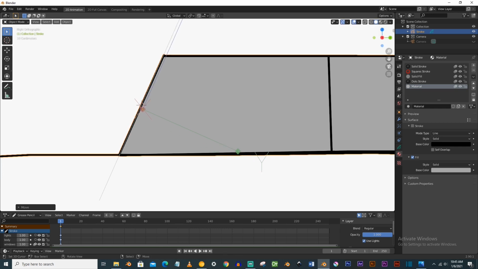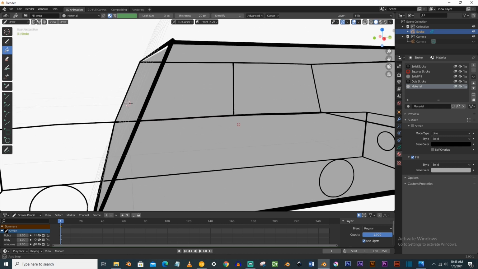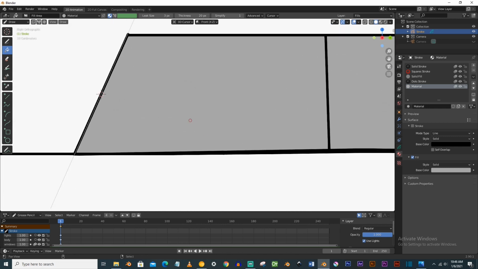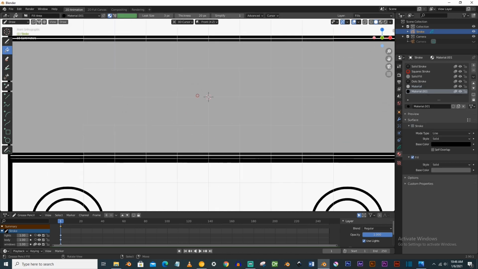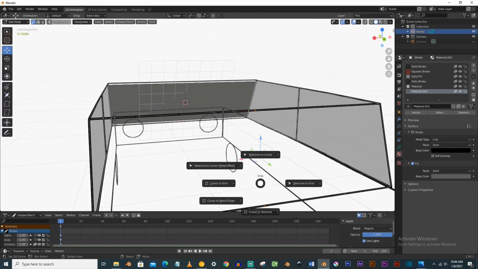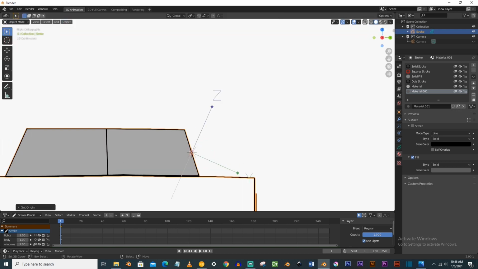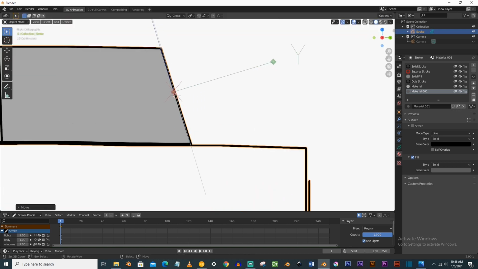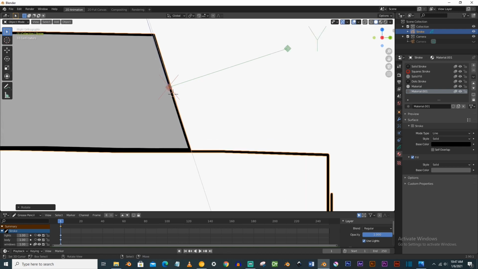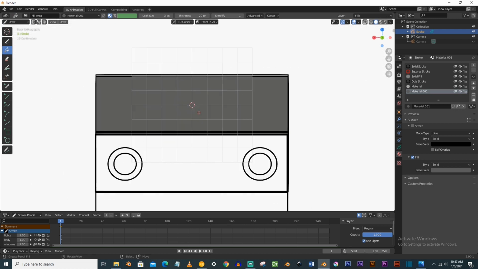All of the remaining video will be the same. We will just select the points and rotate the canvas and fill the colors. We will choose a red color for the body of the car. Just select 2 points and press Shift S and cursor to selection and rotate the canvas.